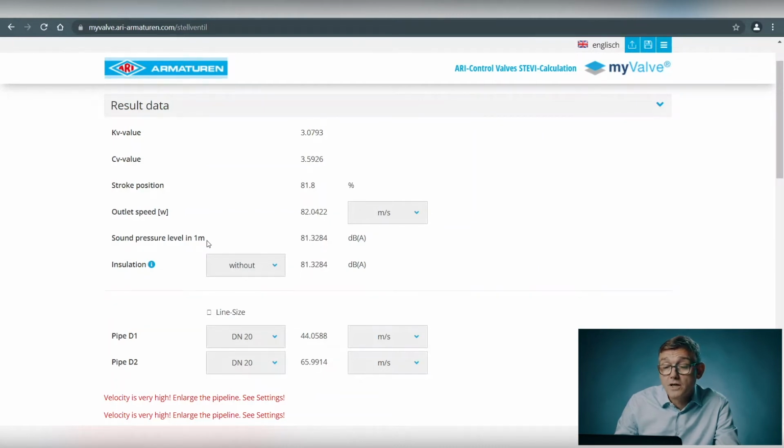And the sound pressure level is much lower than 85 dBA. 85 is the border that we should not override. And insulation, we can use a valve without insulation, or we can do the sound pressure level calculation with a thermal or acoustical insulation. To be honest, I have never seen an acoustical insulation outside in the field, so usually you go with a thermal